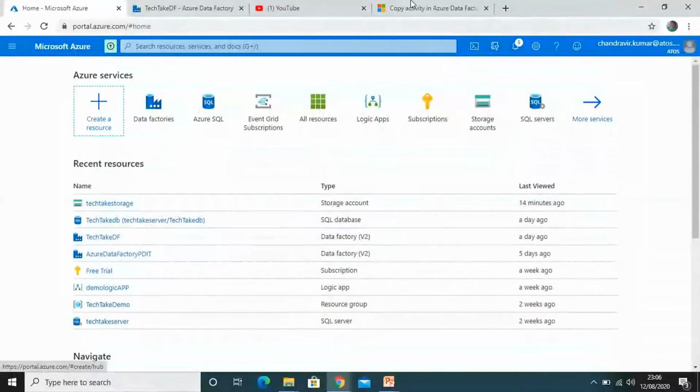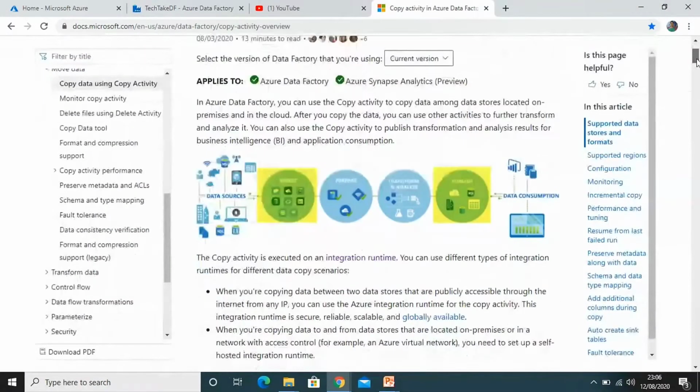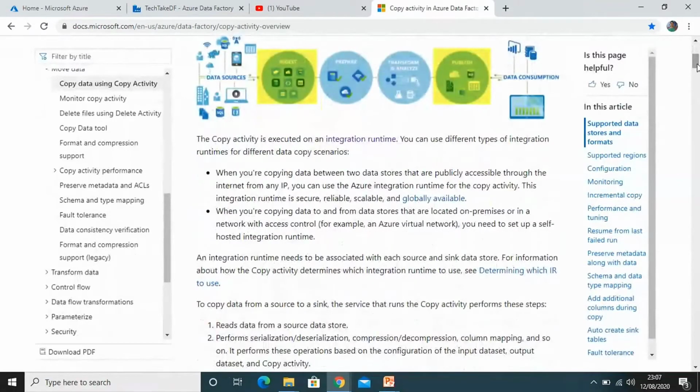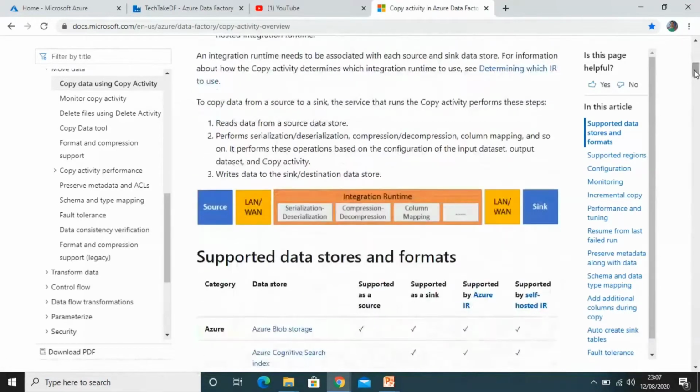Now let's go to the Microsoft Azure portal. This is the link I have given. You can see all the details from here, like the copy data activities, and you can understand from this figure that these are the sources, like SQL, file, CSV, any sources you can copy, used for copying data from one storage to another storage. And these are the consumptions, like you can use it for analysis or publishing some reports. If you go down, you can find the details, like the supported data formats here.